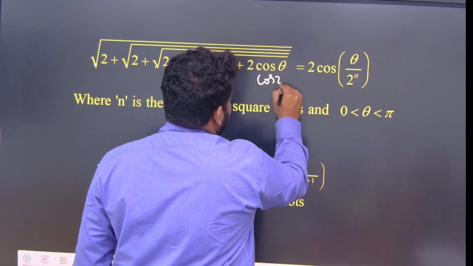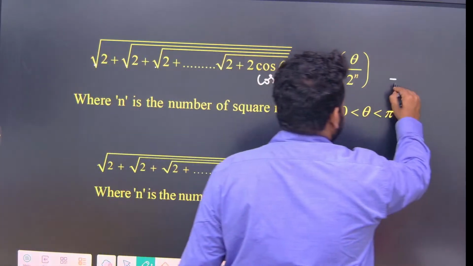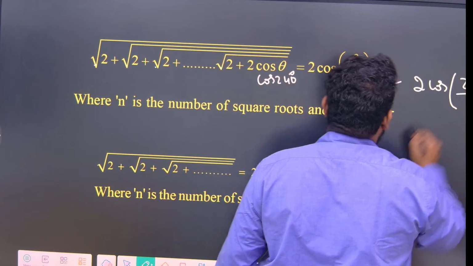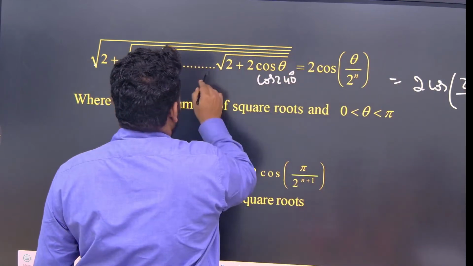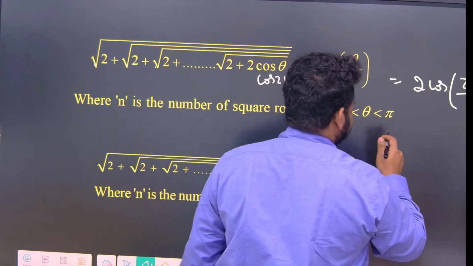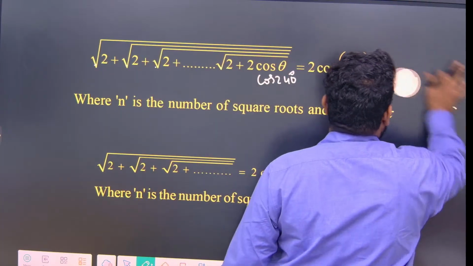cos 240 degree. Okay, plus 2 cos 240 degree. So what will be the answer? 2 cos 240 degree by 2 to the power of n. How many are there? 1, 2, 3, 4. Okay, 2 power 4. Instead of that, if I take something like this,